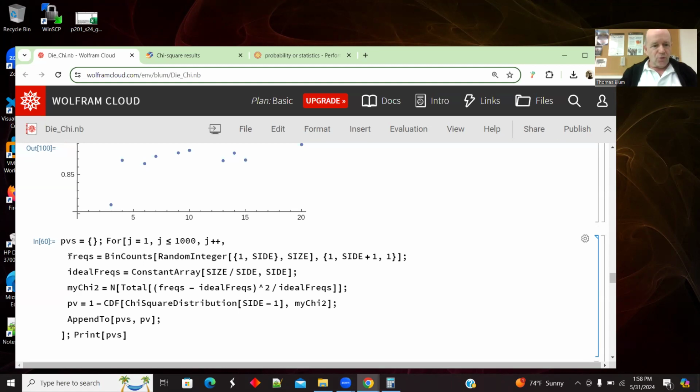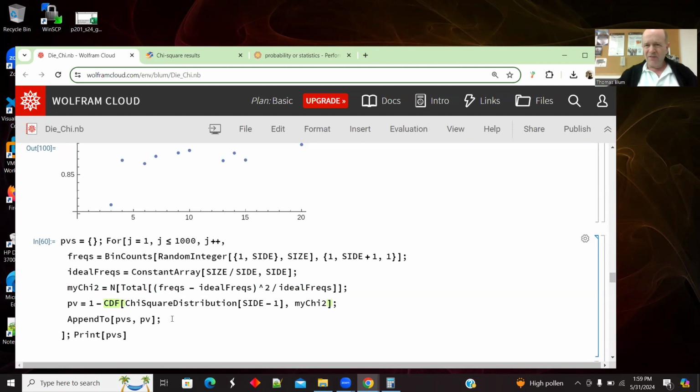All right. One more time, I am getting my random dice. I'm doing the bin count, so I'm getting the frequencies. I have my ideal frequencies. I'm calculating my chi-squared. And then I am finding the p-value. That was 1 minus the cumulative distribution function for the chi-squared distribution with side minus 1 degrees of freedom, 1 less than the side of the dice, for that value of chi-squared. And I am making an array of